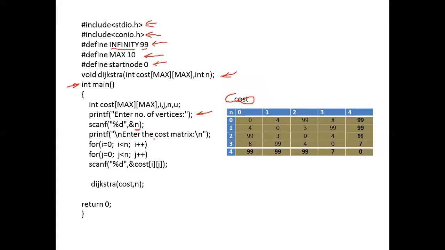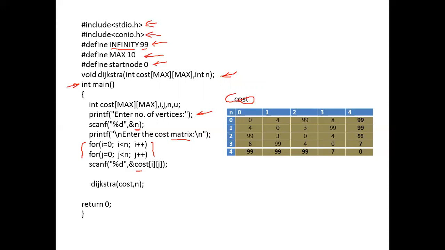After that, we can observe enter the cost matrix. Why am I choosing this? Because from the weighted graph, the programmer has to enter the distance from one vertex to another vertex, or one node to another node. So that is a repetitive task. That's why I went with using a for loop. Now we can observe why I'm choosing two for loops, because it has to store one row. After storing one row, it has to go to the second row. So that's why I went with two for loops.